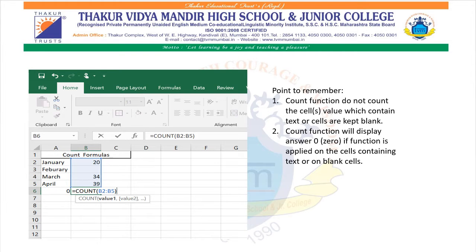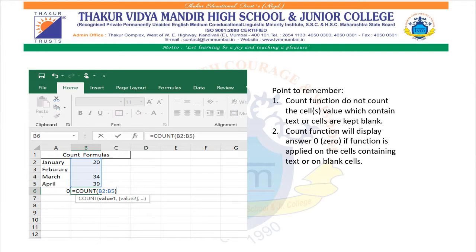The first thing: the count function does not count cells that contain text or are kept blank.